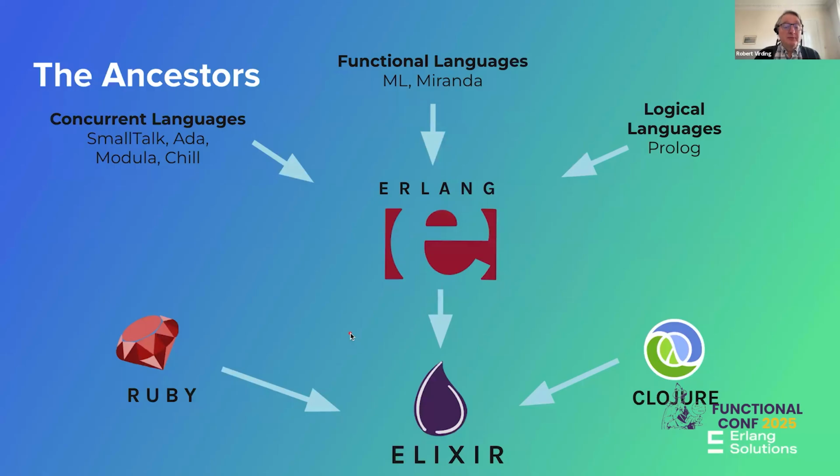Now, the language input into the Erlang language came from a lot of different places. So we were looking at concurrency and other things here. We can see, for example, in Smalltalk and Ada, they had this. We looked at other functional languages. We looked at logical languages. The original system was actually written in Prolog and then migrated to being a functional language, and we're adding the concurrency primitives for it. And these came in, this is what eventually became Erlang and the environment around it, which is called OTP. It's gone another step.